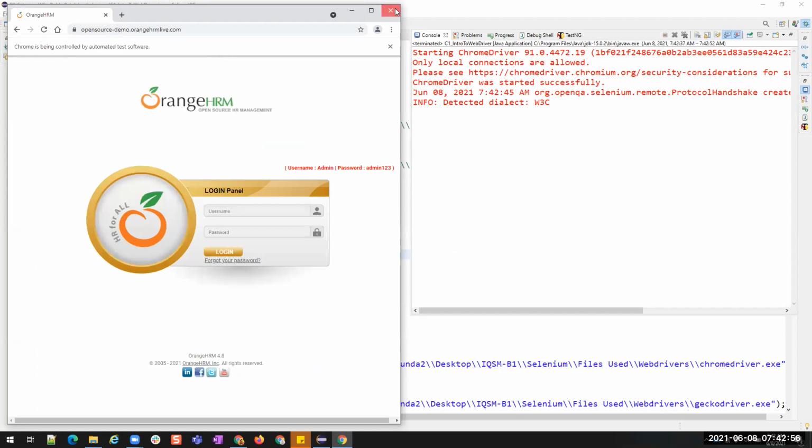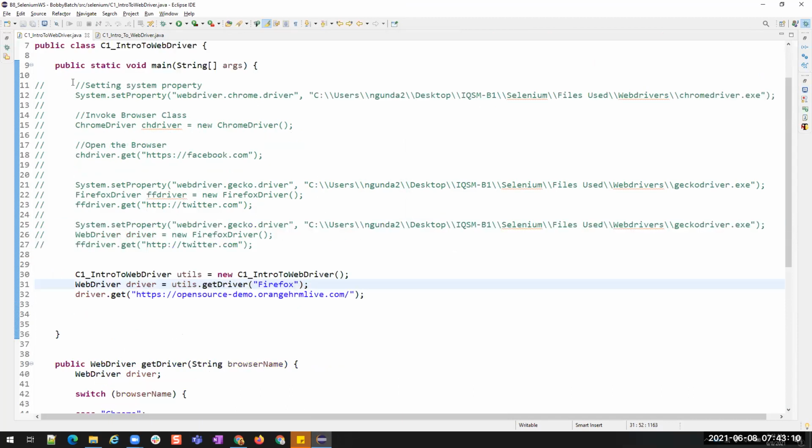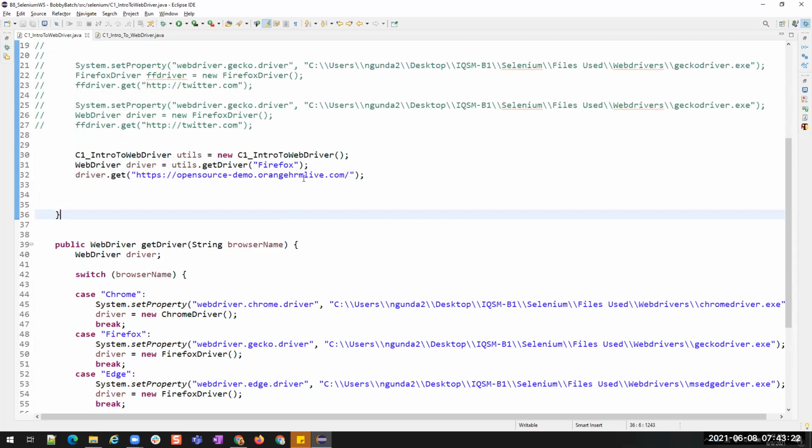Okay, fine. Now I don't want this on Chrome browser, I want it on Firefox. I'll just change this browser. I don't have to change anything in the code. But if we were writing it like this, we would have to change this complete line, and wherever we are using this FF driver, we would have to update that browser object. But here, if you are just changing the parameter, that's enough.